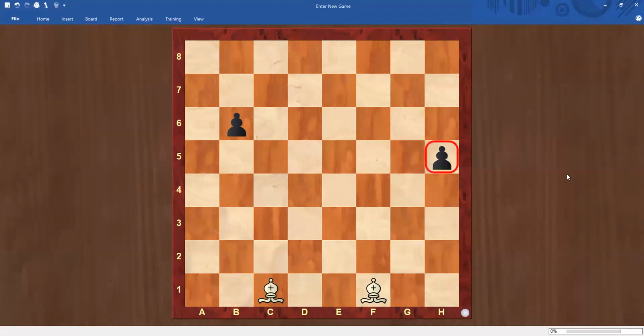So if I want to kill this pawn, I will play the bishop on e2 and then capture it. Similarly, if I want to kill this pawn, I will play the bishop on e3 and then capture it. So this is about the bishops. If I want to write it down in notation, how will I write it?